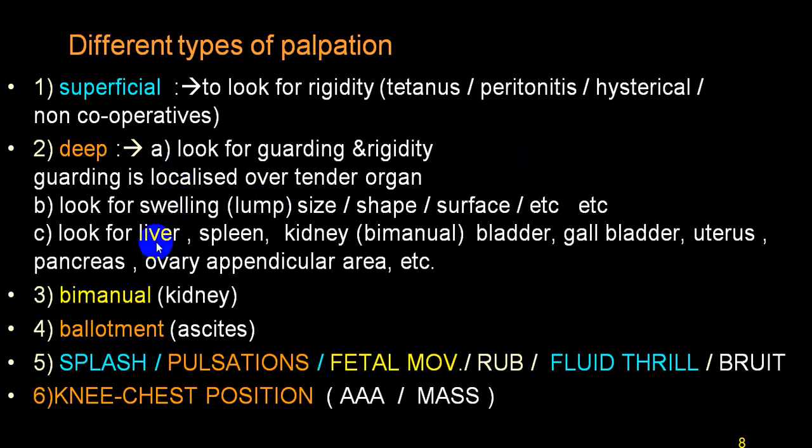In all persons, you will be examining for enlargement of liver, enlargement of spleen, and as far as kidney is concerned, it is best identified by bimanual palpation. If bladder is full and distended, in case of retention of urine, particularly chronic or acute retention of urine, it may be palpable suprapubic, above the pubic symphysis. Gallbladder, if it is distended, inflamed or non-inflamed, will be palpable at the junction of right midclavicular line and right costal margin.